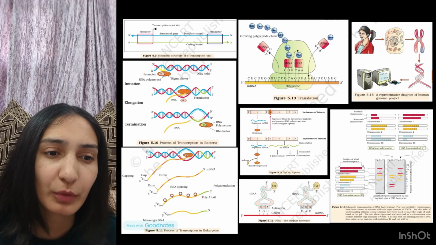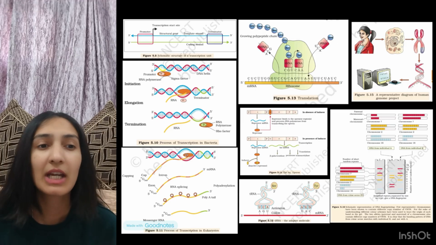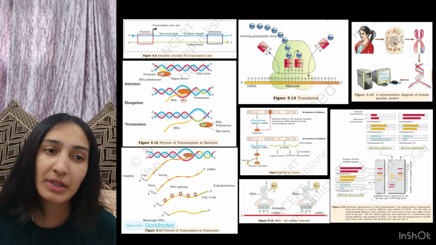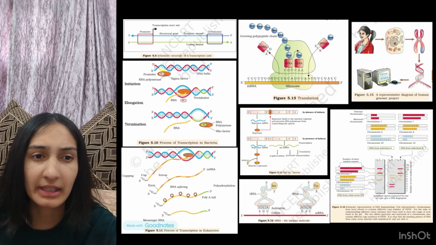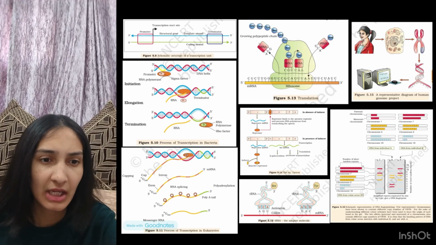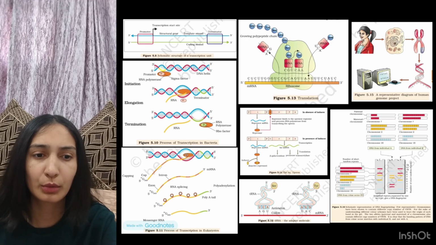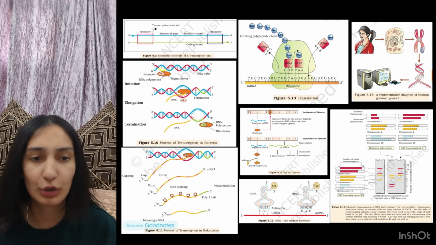Then we have figure 5.14 that shows the lac operon, which is an important MCQ, because they can ask you what happens in the absence of inducer and what happens in the presence of inducer, and what Z corresponds to, what Y corresponds to, what A corresponds to. Then in figure 5.12, tRNA, we have the adapter molecule, and you need to know what the codons are, what the anticodons are. Then figure 5.15 shows a representative diagram of the Human Genome Project.